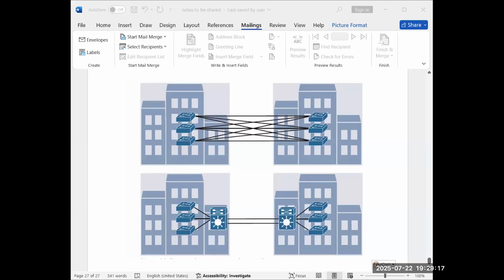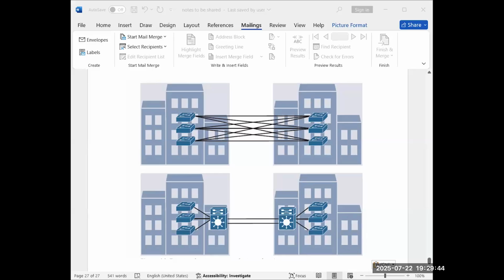So if the switches are present on different floors of a building, and there are a lot of devices connected to the switches, in order to make these devices communicate, we should use the subnetting concept over here. Subnetting concept is not required actually, because we do subnetting based on the